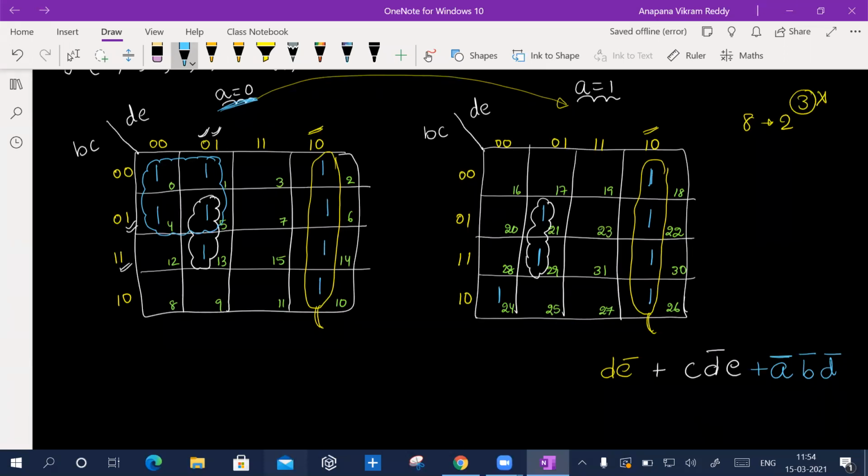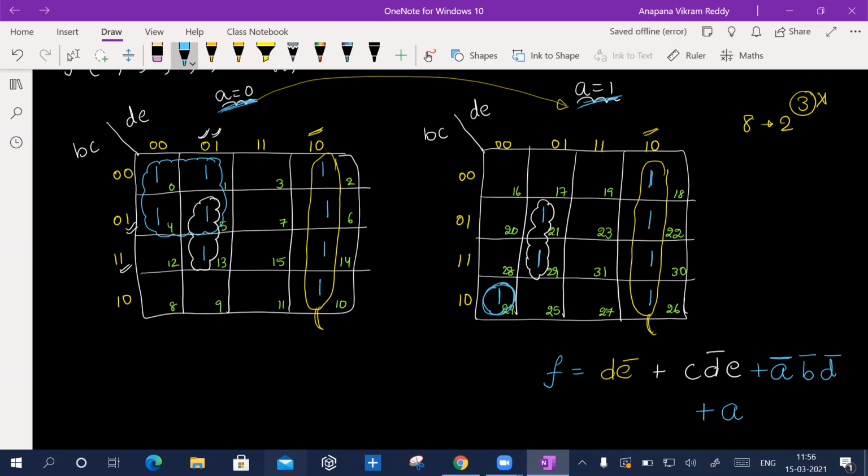No? Fold, because whatever properties are there with a K-map, you have to use them. I can fold A is equal to 0 K-map and A is equal to 1 K-map. Very good. You can fold this. So when I say don't fold, you are not folding. Okay, please don't do that. Your friend said correct, you have to fold. You can fold like this. That means A is equal to 1 or A is equal to 0, you can fold them individually also. So when I fold them, what do I get now?